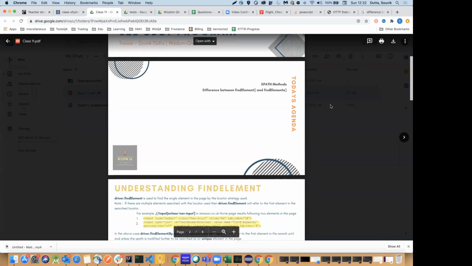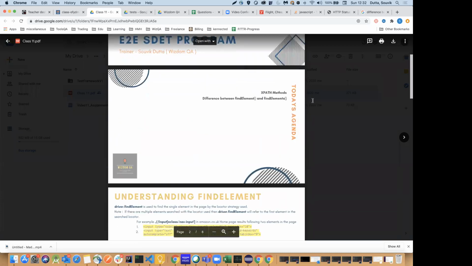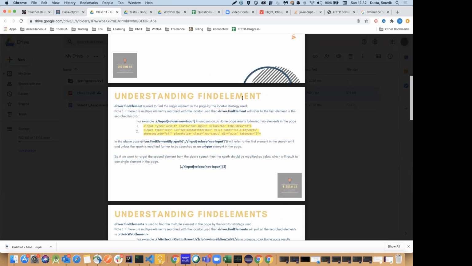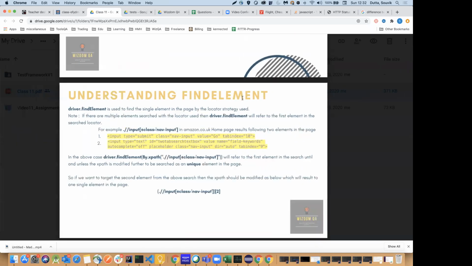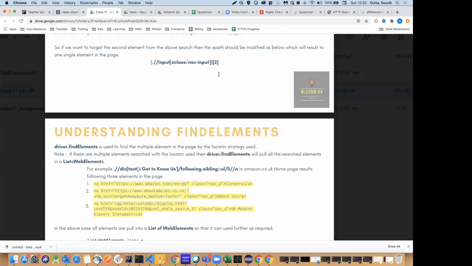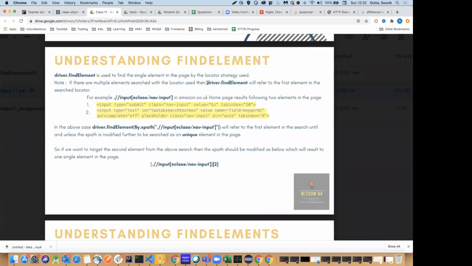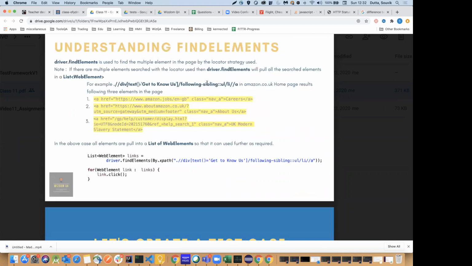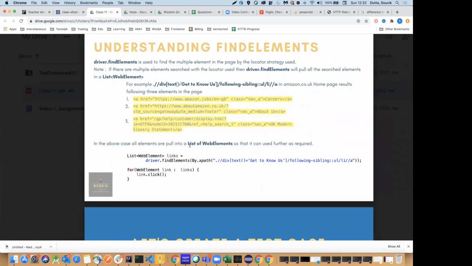So in class 11, I have spoken about XPath methods. What are XPath methods? I have spoken about understanding findElement and findElements. findElement is finding one element from the page. findElements is finding multiple elements from the page. Every one of these slide decks has a small code snippet for you to understand what's happening. If you look at it a little closely and look at the videos,